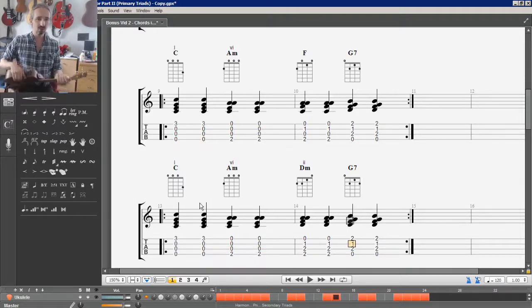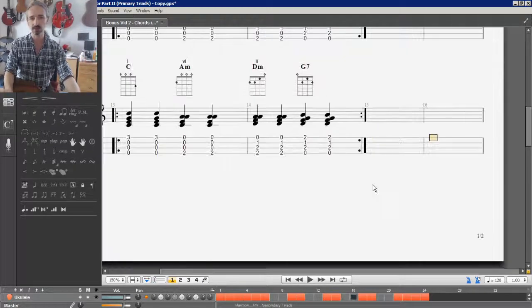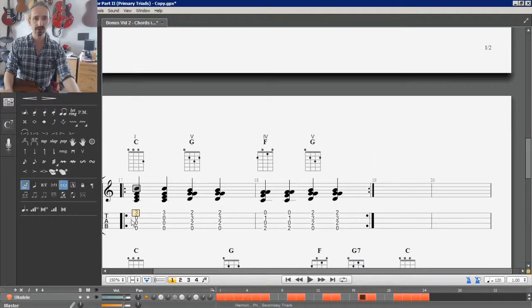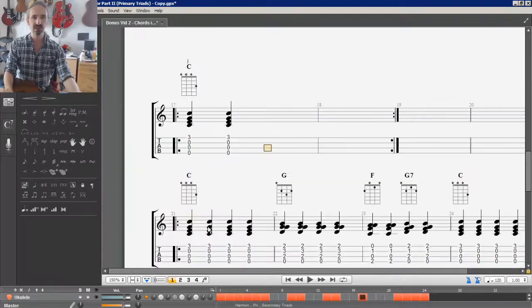I wonder what else we could do. Let me have a little think. Okay, I'll give you another progression that uses some of the other minor chords. So let's go with something like this. So we'll do C,